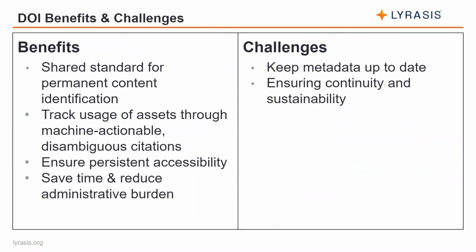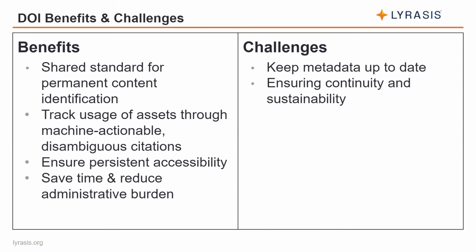And when libraries assign DOIs to their local content, whether it's content in a repository, an open access journal, open educational resources, special collection materials, or anything else, we can really more easily manage those local assets, track usage of those assets through machine actionable, disambiguous citations that contain the DOI, and ensure that content is persistently accessible over time. And ultimately, again, this is to save time and reduce administrative burden, and also to build trust in the research